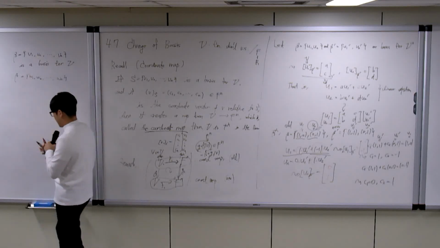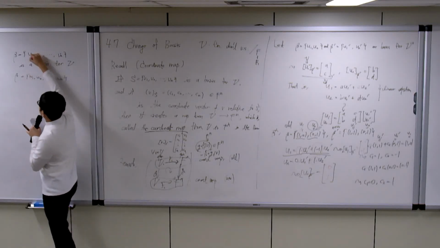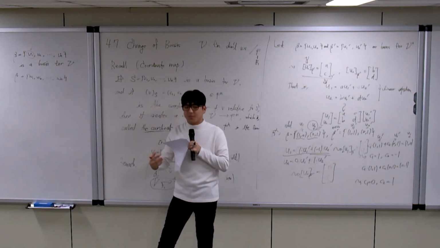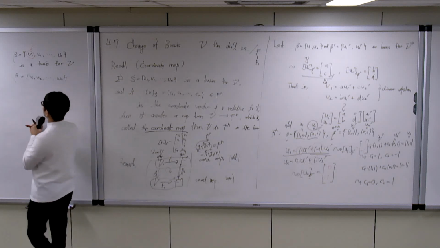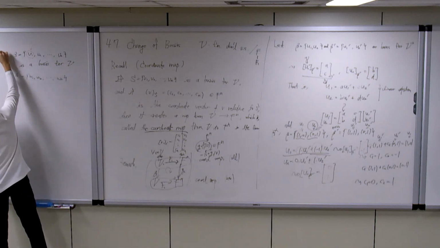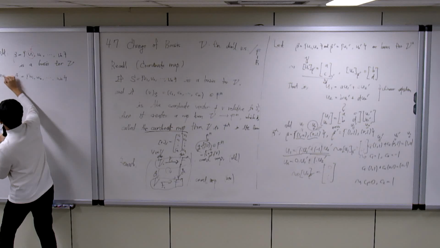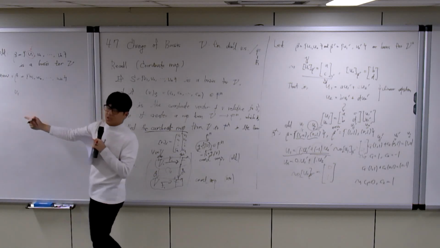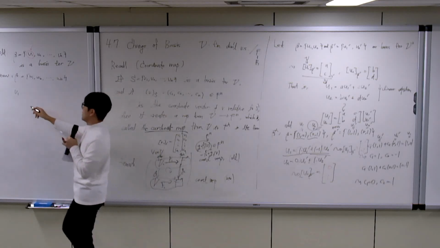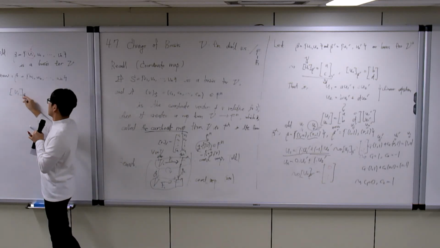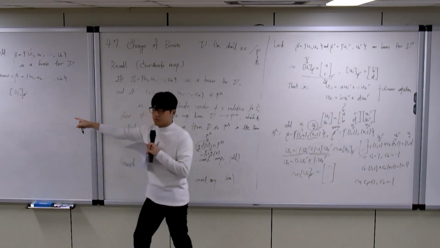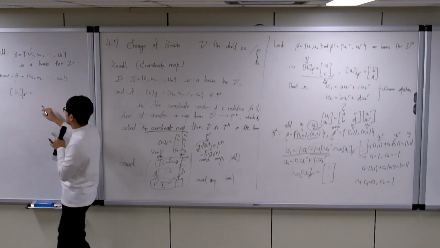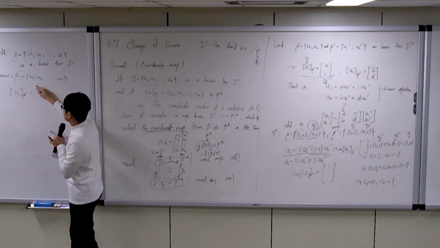Then we will focus on what the first vector in each basis is. This is the old one. This is the new one. And then we want to know what v1 is as a coordinate relative to the beta prime basis. It will be written as a coefficient